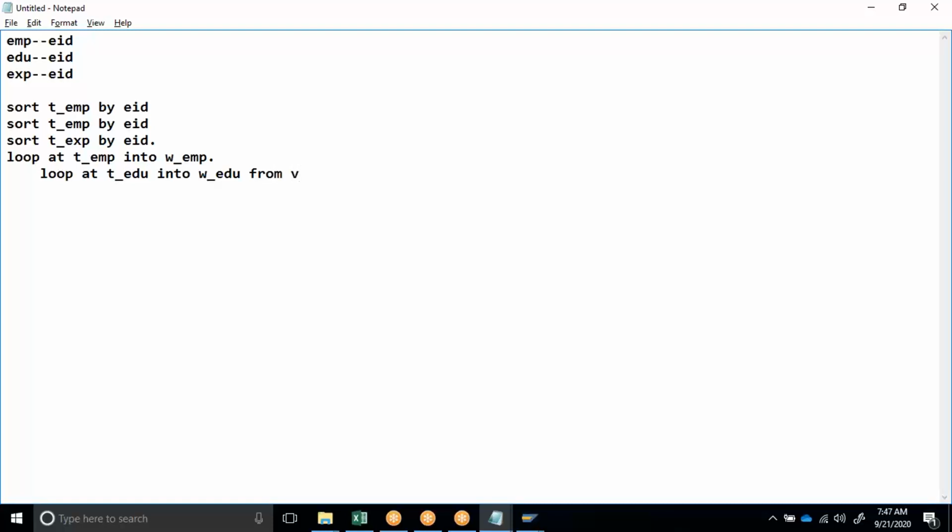If a common key field is there, then, wait, let me explain. Don't be in a hurry. V_INDEX.